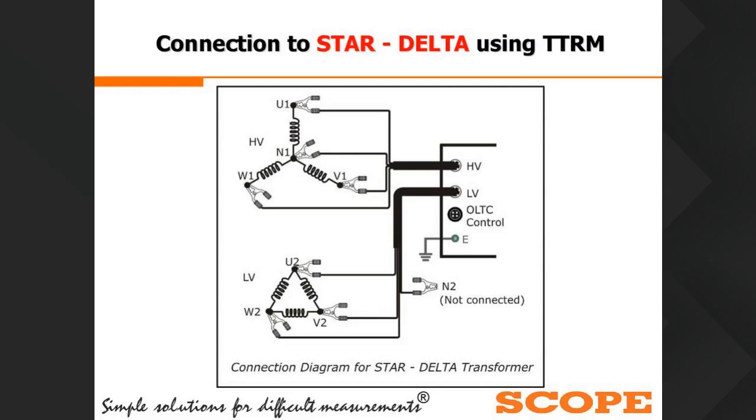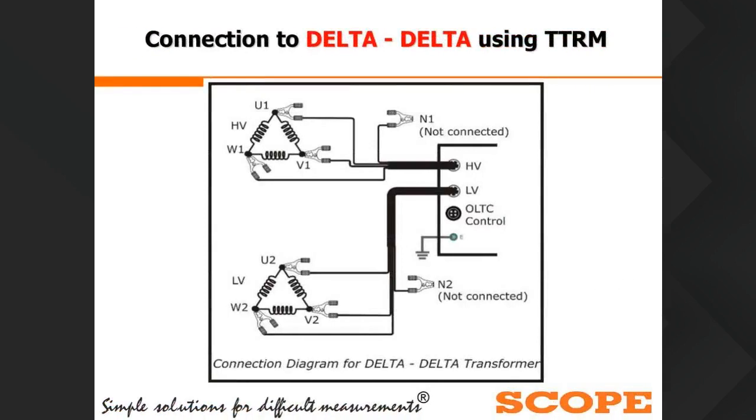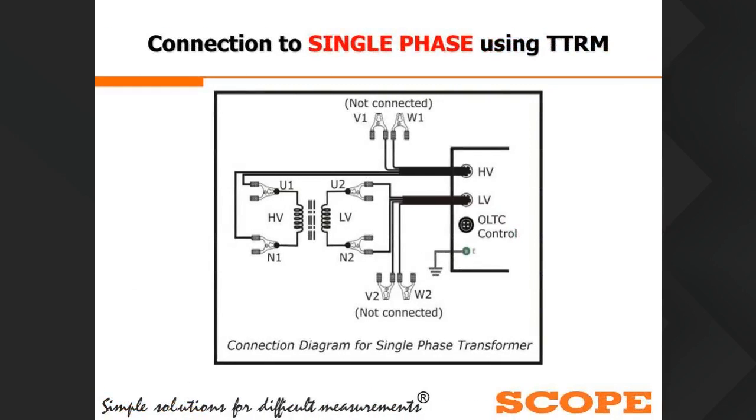This is an open condition. Then star delta, similarly for delta star: the HV cables, that is RYB cables, we need to connect to the RYB of the transformer, and LV, that is 4 points, RYB and neutral, we need to connect to the transformer LV point. If it is delta, only RYB of primary or HV, and similarly RYB of LV, we need to connect. If it is a single phase transformer, then